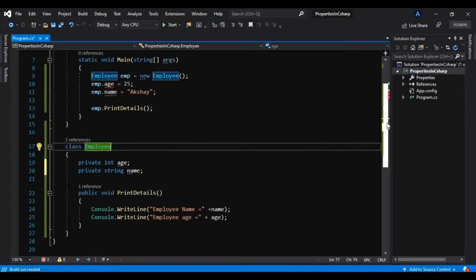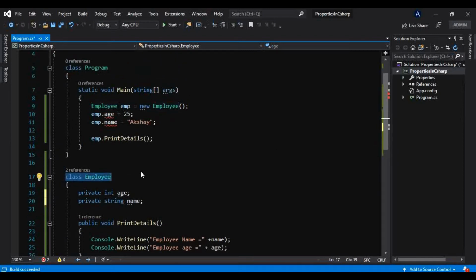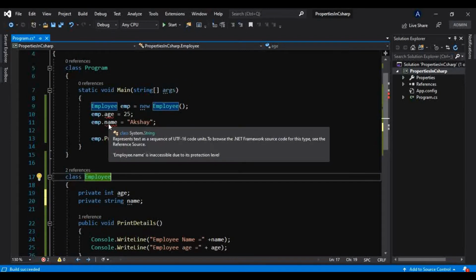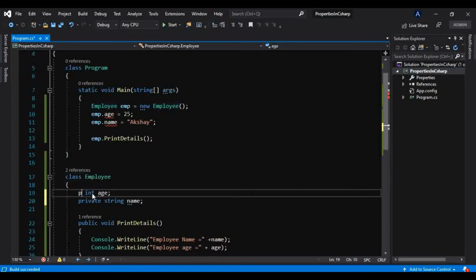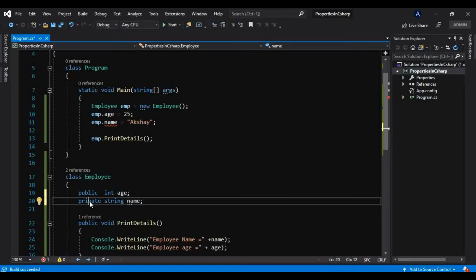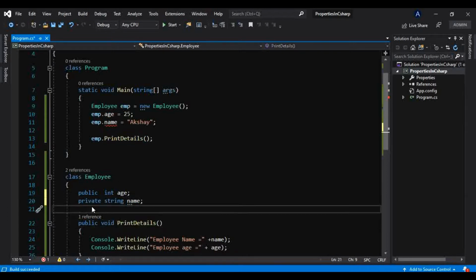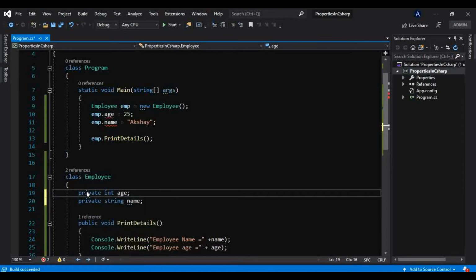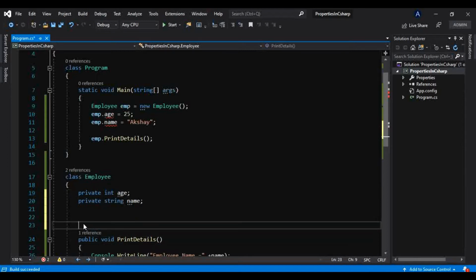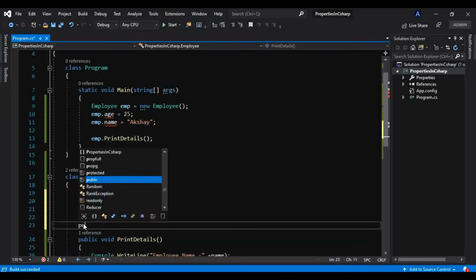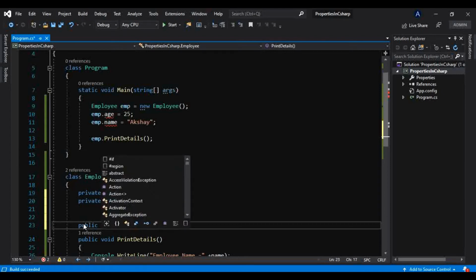Now they are not accessible outside this class. So that is why you have to make them public in order to initialize them. Let's say we don't have any constructor right now. If we keep them private, we know we can initialize them by providing a constructor explicitly, like this: public Employee